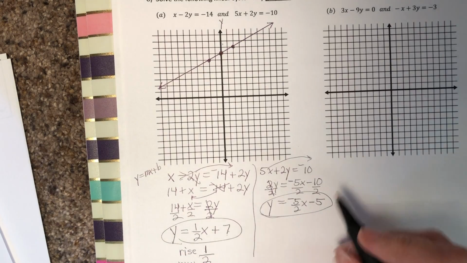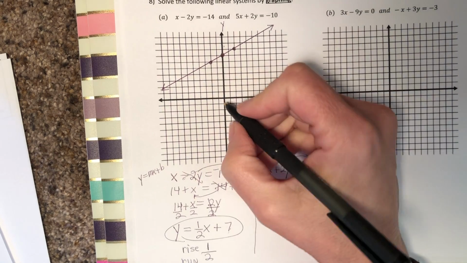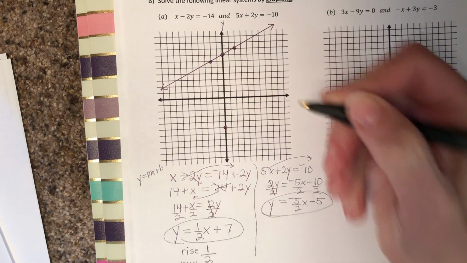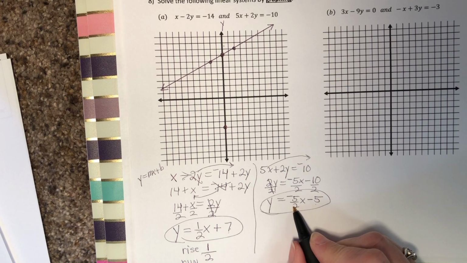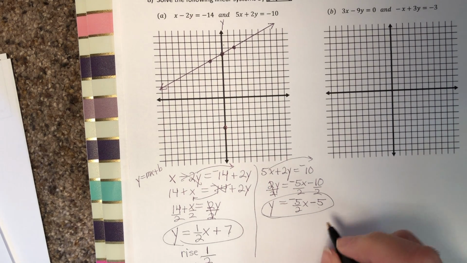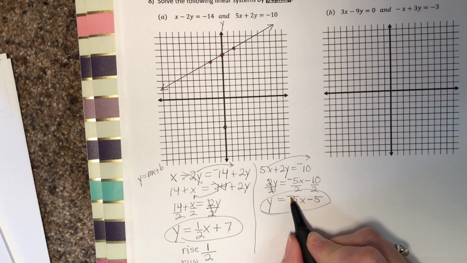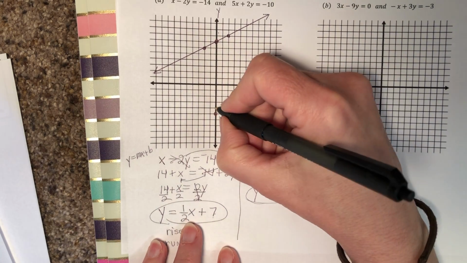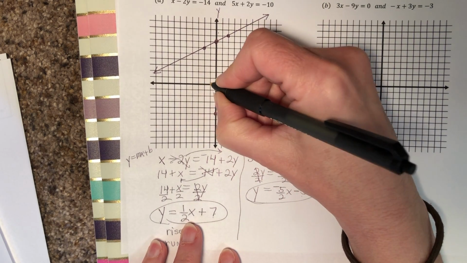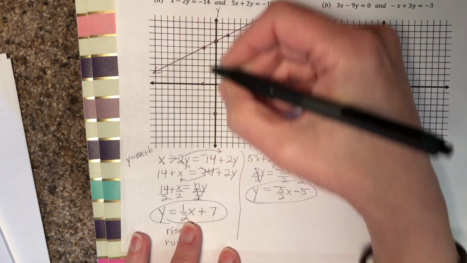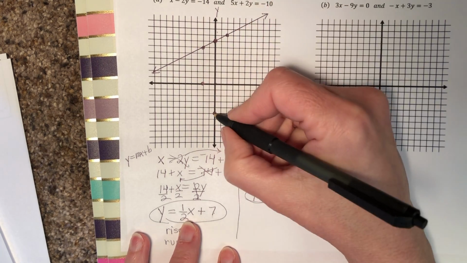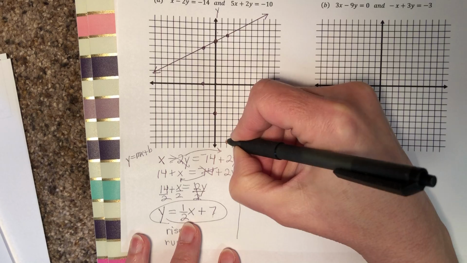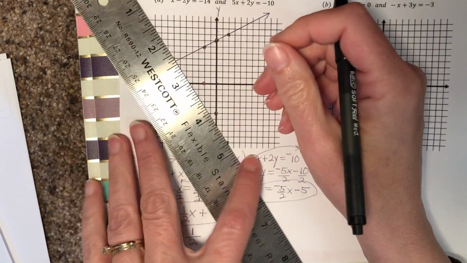Then on the second equation, the y-intercept is negative 5. So go 1, 2, 3, 4, negative 5 on the y-axis. My rise is 5, my run is 2. Notice the slope is downhill because it's negative, so my line has to be going like this. So I'm going to rise 5, run 2. 1, 2, 3, 4, 5, but I have to run this way to make it go downhill. And if I want, I can just go up 5 over 2 again, or I can go down 5. 1, 2, 3, 4, 5, right 2. Either way, connect the dots